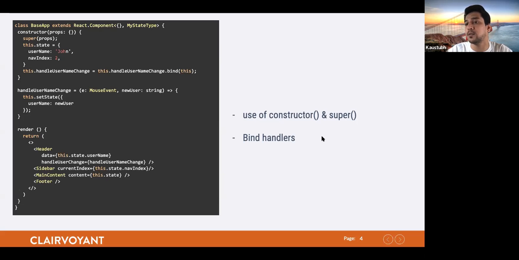And even for the handler methods, you can see there is a bind method applied, but this can also be completely skipped if we use arrow function patterns, just like what we have shown below, like handleUserNameChange. This is an arrow function syntax, where we don't need to bind this, but just to show as an example, I've done this inside a constructor. So this was a manageable problem.